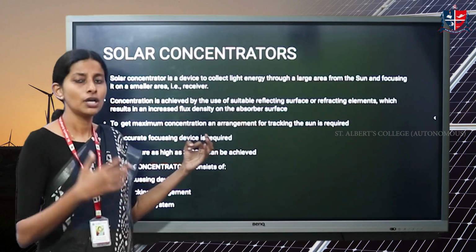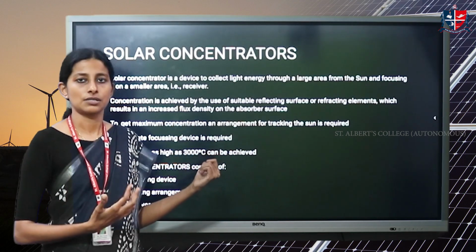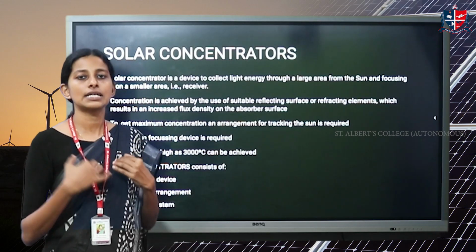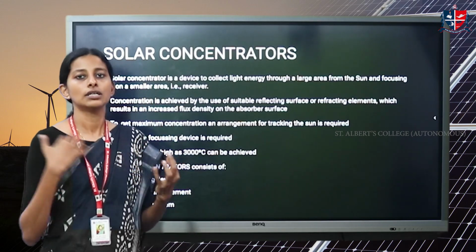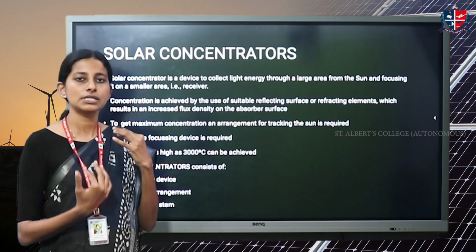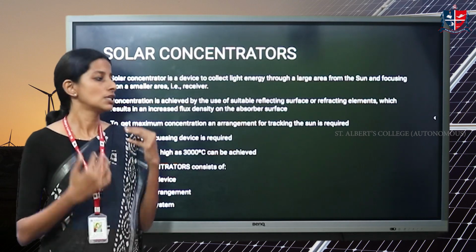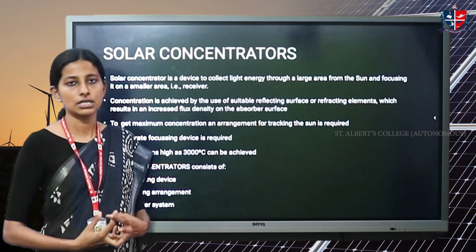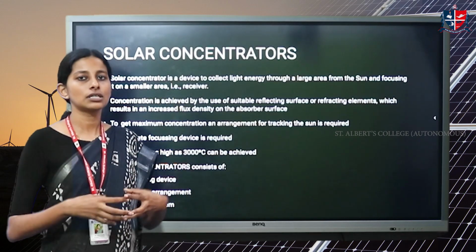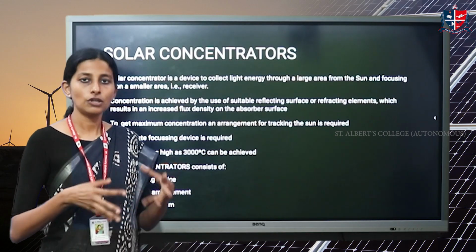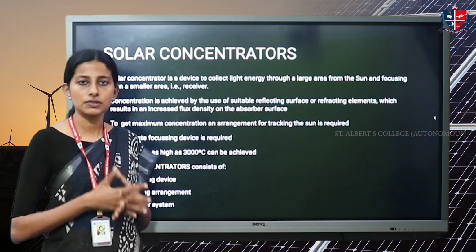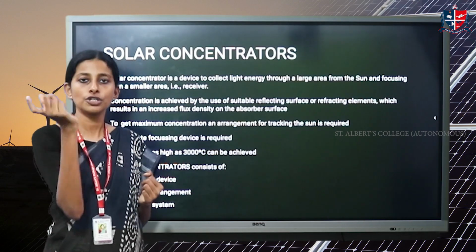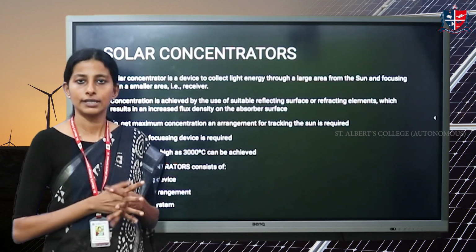For this arrangement, we also need a tracking system because the sun keeps on moving, or it appears to us that the sun is in motion. Actually, it is not; the earth is moving, but from here it appears that the sun is always moving. Because of that, we need to track the position, only then is there a point in concentrating. Simply concentrating the radiation alone will not be of much use. Of course, there are concentrators which do that, but a tracking arrangement which tracks the position of the sun is going to be of greater advantage.